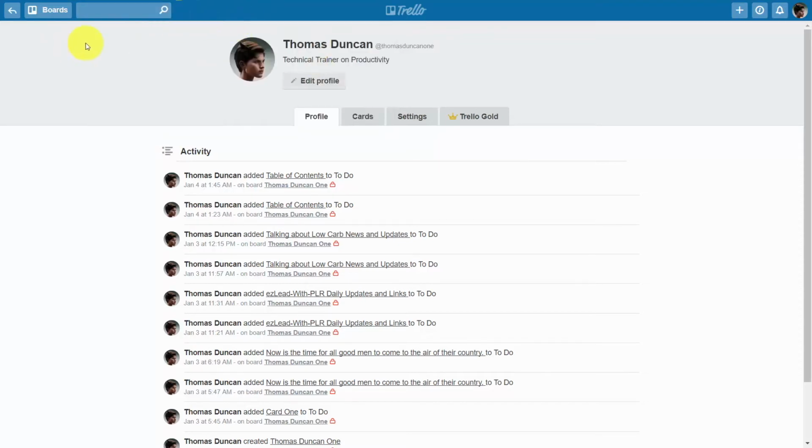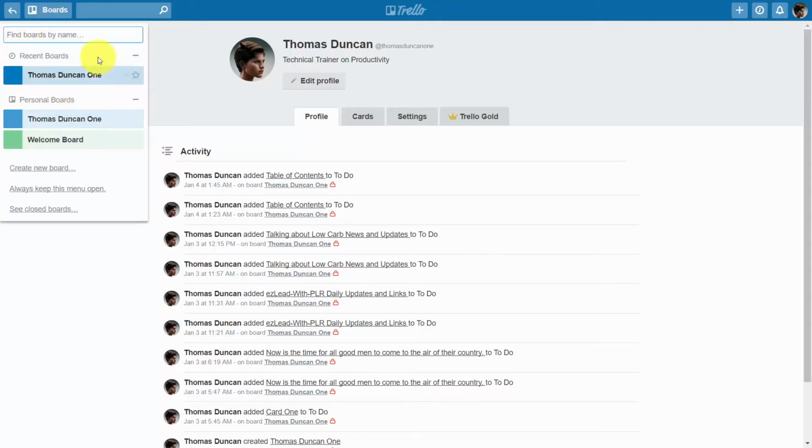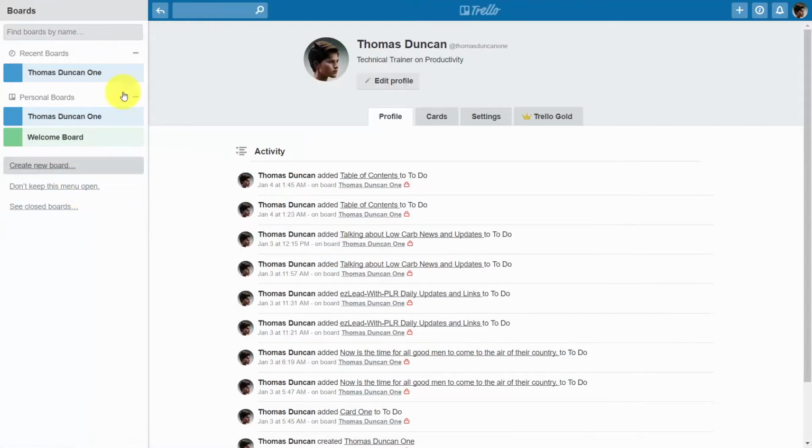You'll be able to track the activity on your boards specifically. You'll be able to see any of your recent activity on boards, and you'll be able to see a list of all of your personal boards. Now, one thing you can do is you can actually keep this menu open. It will stay on the left side and then give you access to all of your other content in this area. So now let's take a look at what an area would actually look like if you had multiple layers